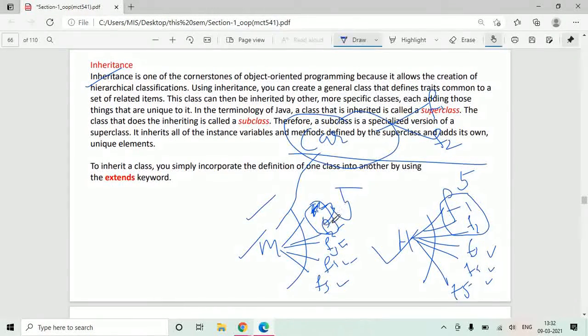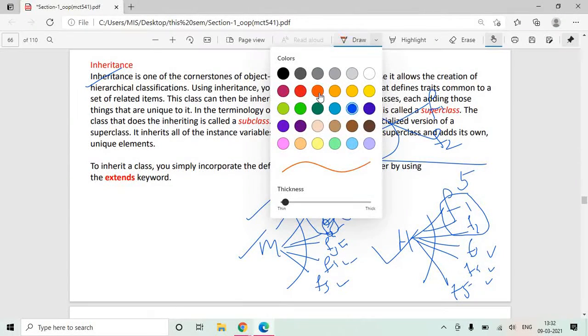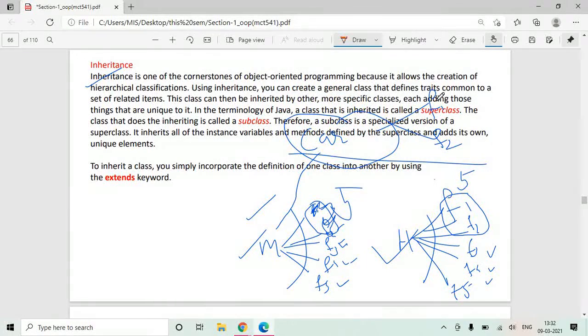So when you inherit Maruti from car, by virtue of inheritance, these F1 and F2 will be available to car Maruti, because Maruti is inherited from car. And you write F3, F4 and F5 as separate or special features for car Maruti.